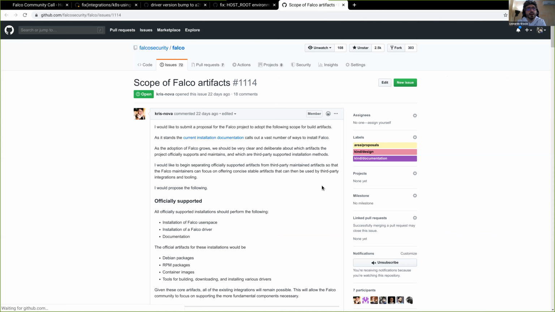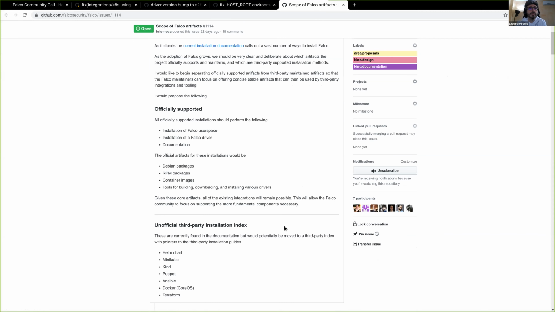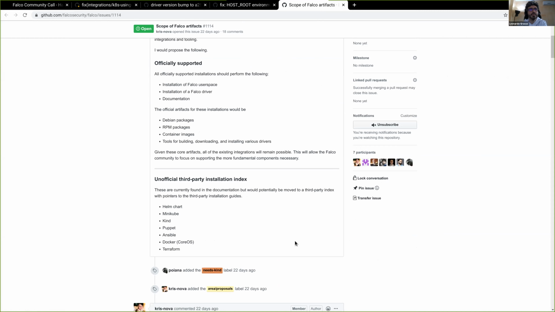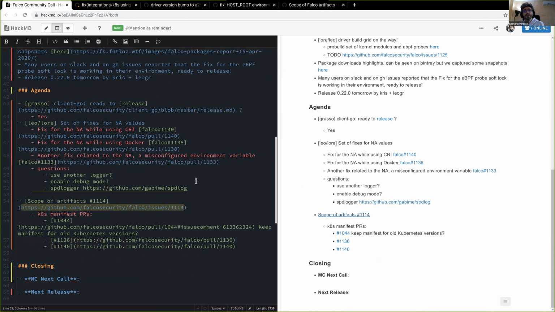Basically, there is a big ongoing discussion about what we should officially support and what we should not support officially. And related to this, I noticed in the last few months that there are a lot of issues with the manifest files for Kubernetes that are inside the Falco repository.